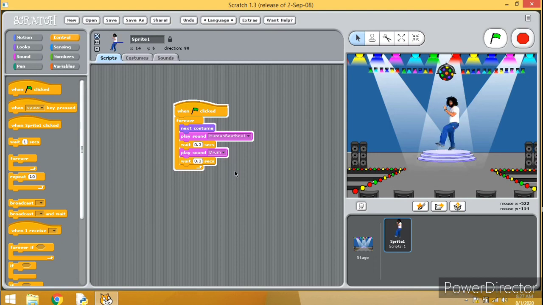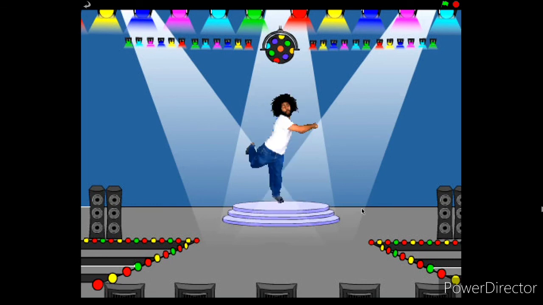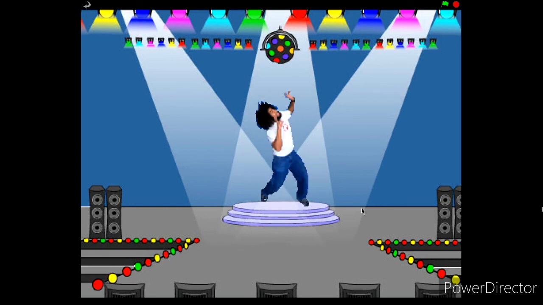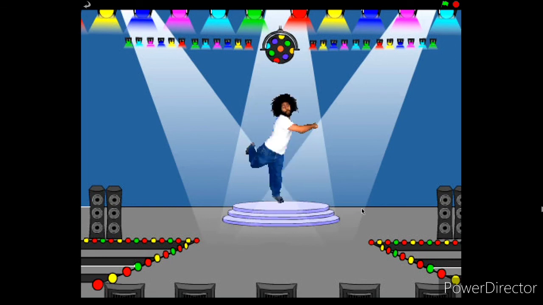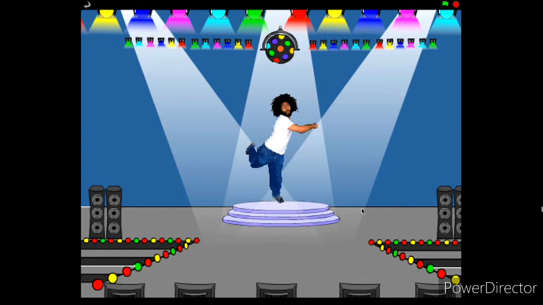So this is a small animation. Let's see it in full screen. Yes, there is a dancing boy, or a dancer, we can say. A very short animation but an attractive one, isn't it? So you can try with more options which are there.